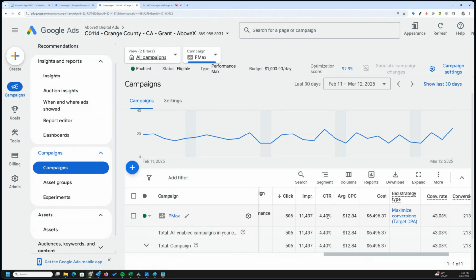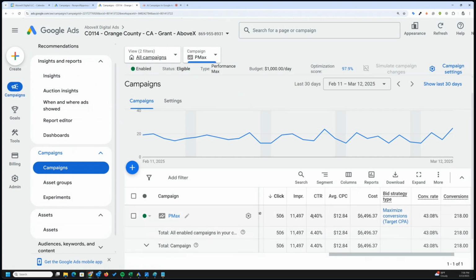So if you see very low CTRs, you might need to go back. You might need to change up your assets, try different audience signals, maybe try higher bids, because higher bids make the ads more competitive. They can appear on better positions, things like that. So CTR is definitely something to keep an eye on here in the